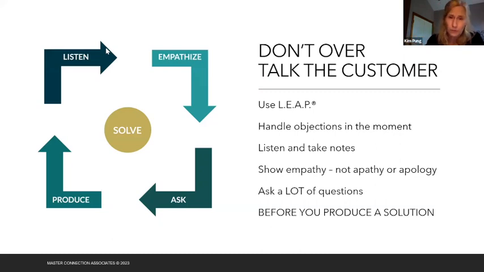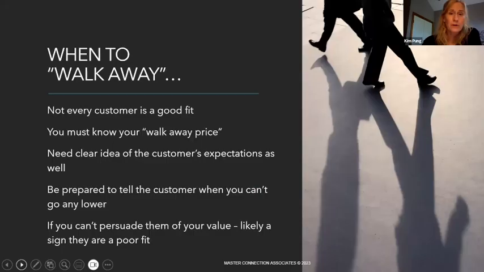I know nobody loves to role play, but we should be practicing throwing objections at one another. Otherwise, we're practicing on the customer, and that's not always going to have the best alternative or the best result. So make sure we're practicing with one another to create that success for ourselves.